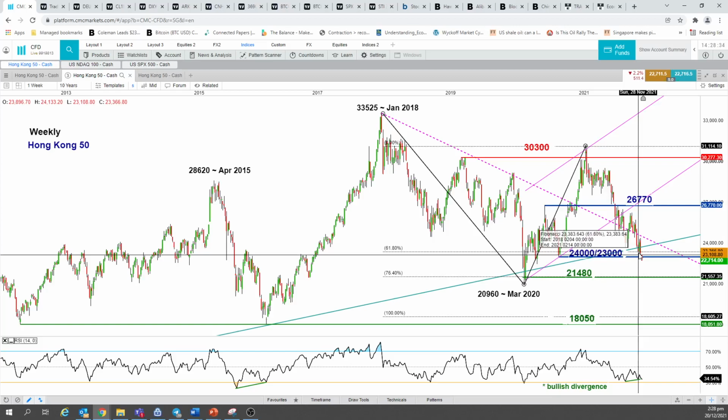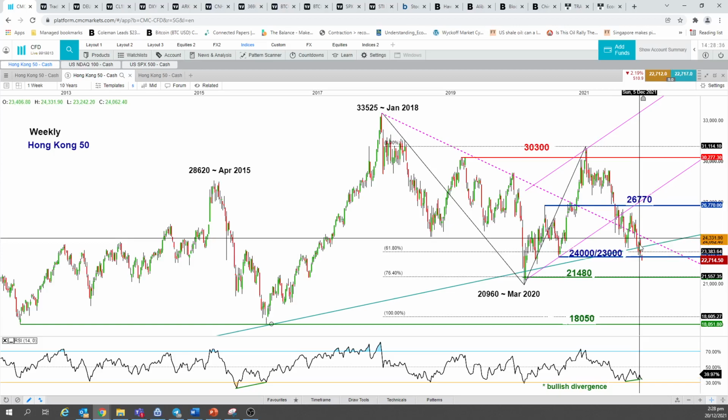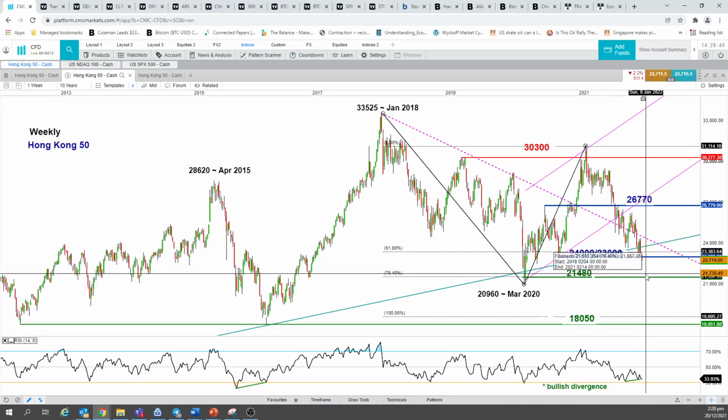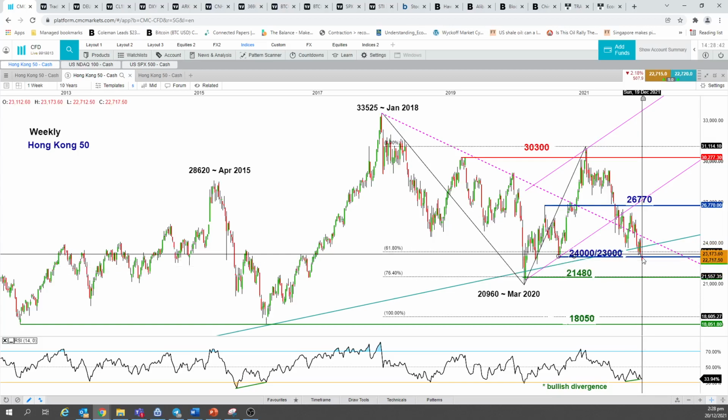So definitely this is a key long-term pivotal support level. So we need to say that there'll be a risk of a multi-month decline. Yes, there is. But to increase this risk of a multi-month decline, you need to have a weekly close below 23,100 level because the week hasn't ended yet. But let's say if this week it managed to reverse up towards the end of the week and close back at 23,100 level, then we could say that multi-month bearish move on the Hang Seng or the Hong Kong 50 is likely to be on hold again.